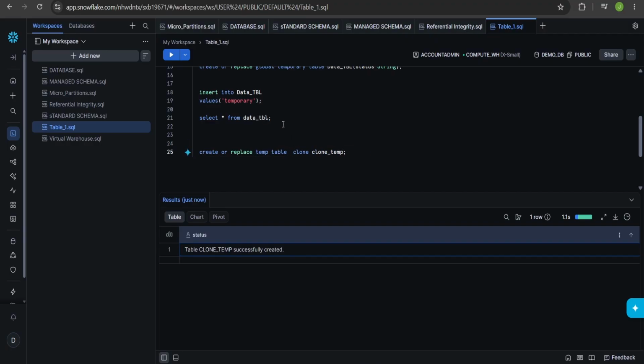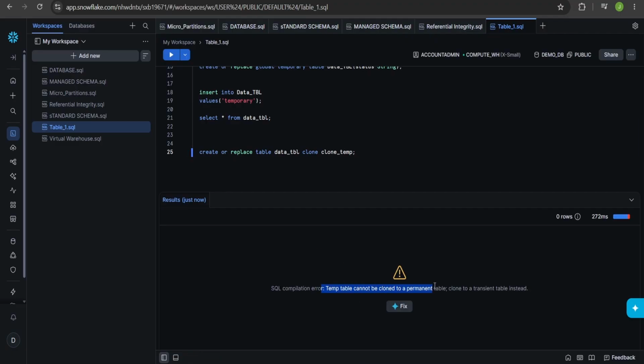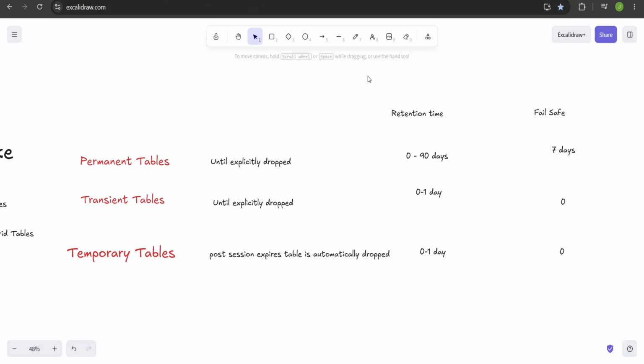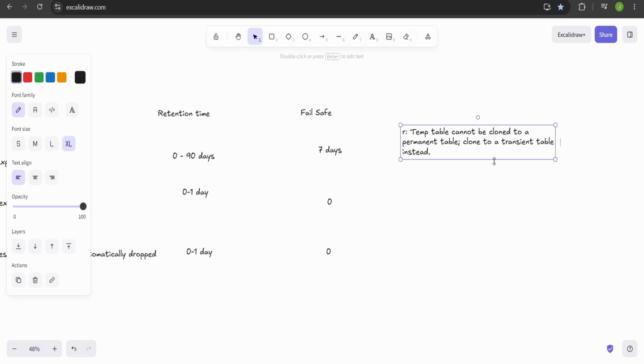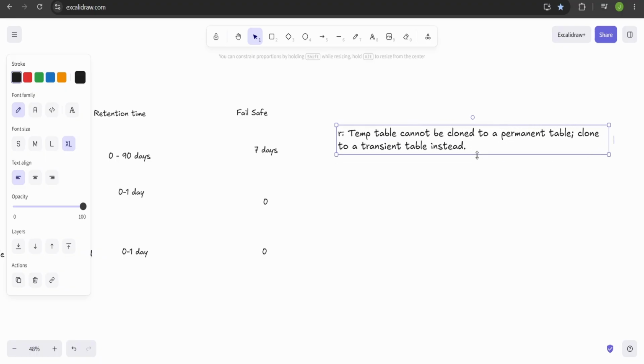I will just paste it here, mention the table, and I will remove the temporary. Now I am trying to create a permanent table clone on top of a temporary table. Will this work? No, this won't. See guys, a temporary table cannot be cloned to a permanent table. Clone to a transient table instead. Let me copy and paste it in my board: if it is a permanent table, you cannot create the permanent table on top of a temporary table.